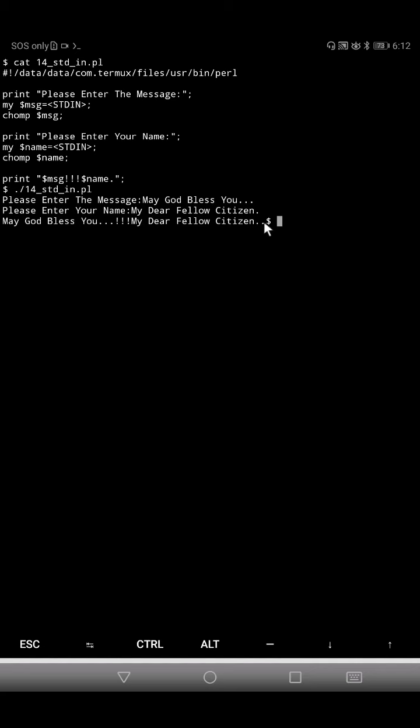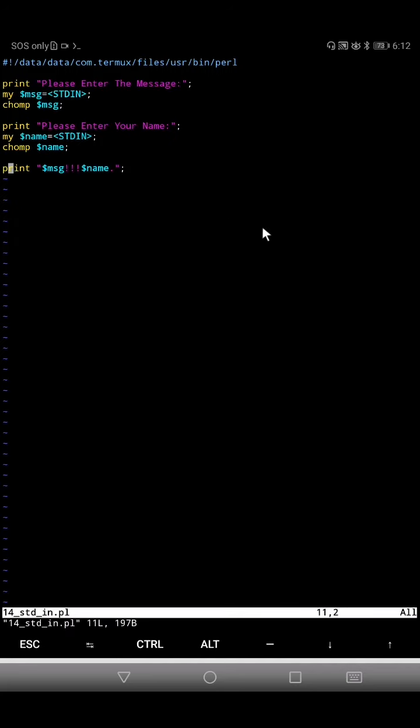Okay, we forgot to put the newline character, so we can do it. Not a big deal. You just need to open it in the Vim editor. We can put the newline character here. Then we can run this.